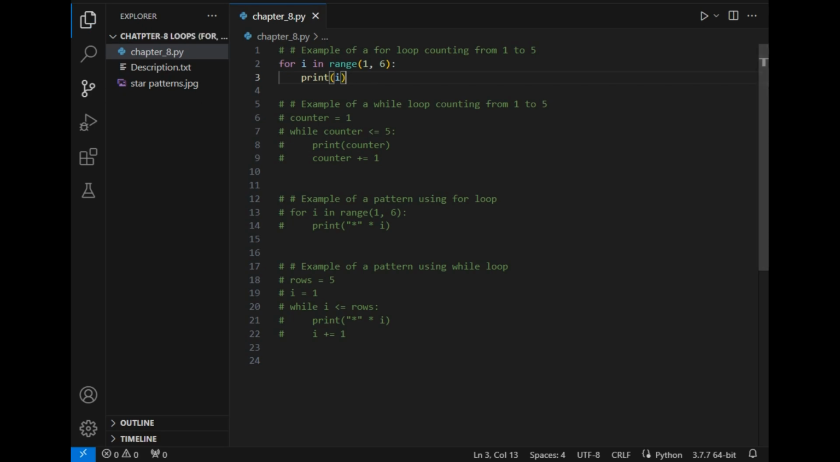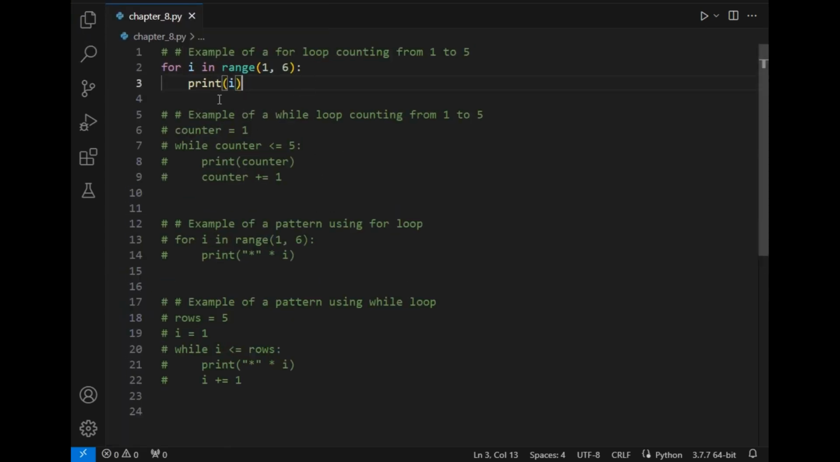The syntax is already in front of you, as you can see. For i, where i is normally an index, in range 1 to 6, which means it will start from 1 and go till 5, which is 6 minus 1. So the output of this for loop will be 1, 2, 3, 4 and 5 and not 6, because 1 is the starting point and the ending point is n minus 1, which is 6 in our case. So I will simply run this program,